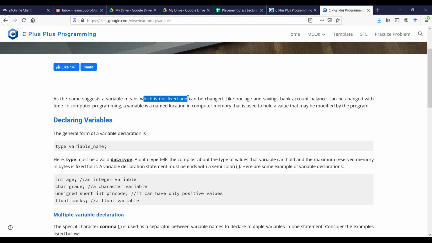Similarly, our bank balance in a savings account: if we spend something, your account balance is updated, and if you credit some amount to your account, it is also updated. These are a few examples of a variable. Again, daily temperatures are not fixed. So these are a few examples of variables.